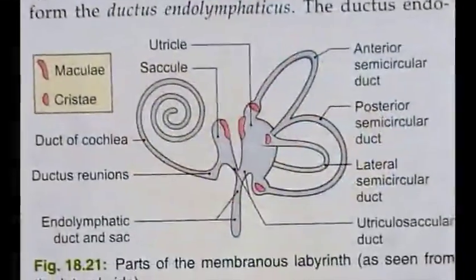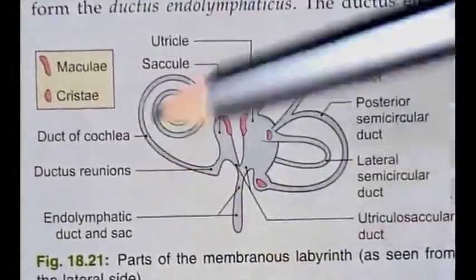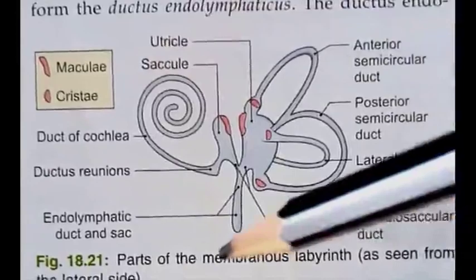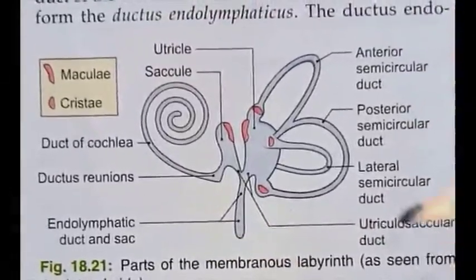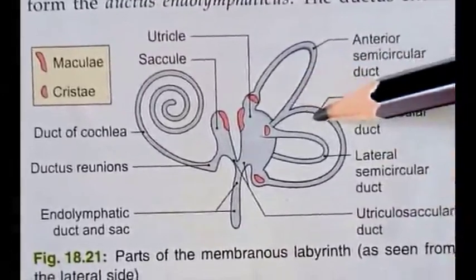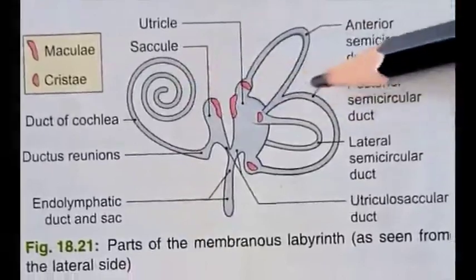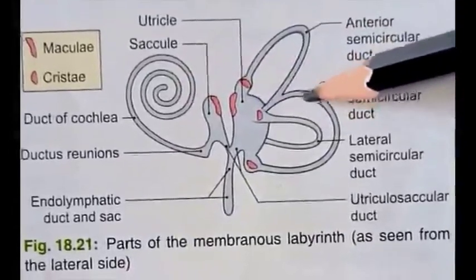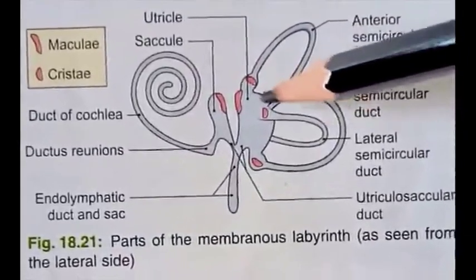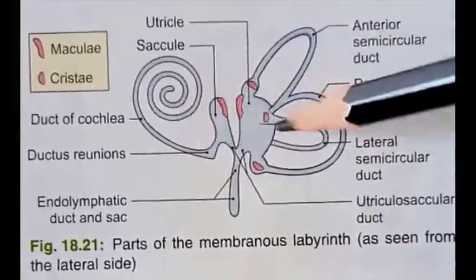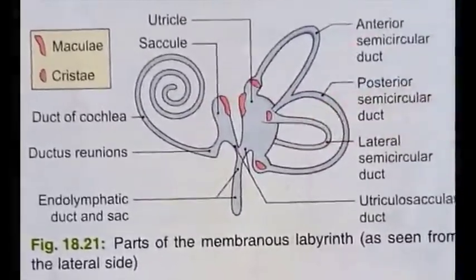Membranous labyrinth. Membranous labyrinth lies within the bony labyrinth, and its structure is same as that of the bony labyrinth. It is in the form of a closed cavity in which endolymph is filled, and the epithelium of these specialized structures has special functions. One is to receive the sound waves, and another is to maintain the equilibrium of body.